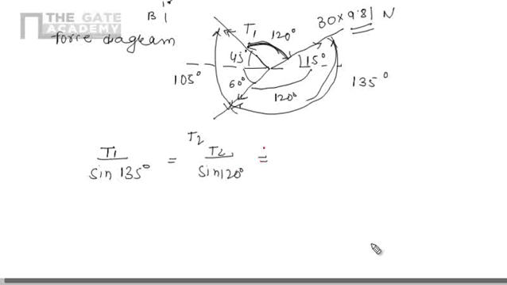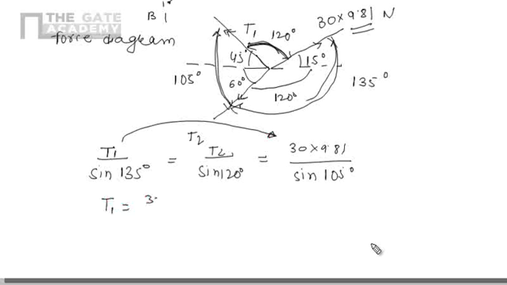and 30 into 9.81 divided by sine of the angle between the opposite two forces, that is sine 105 degree. By equating these equations, we can find out the value of T1. That is T1 equals 30 into 9.81 into sine of 135 degree divided by sine of 105 degree. If we put the values of sine 135 and sine 105 degree, we will get